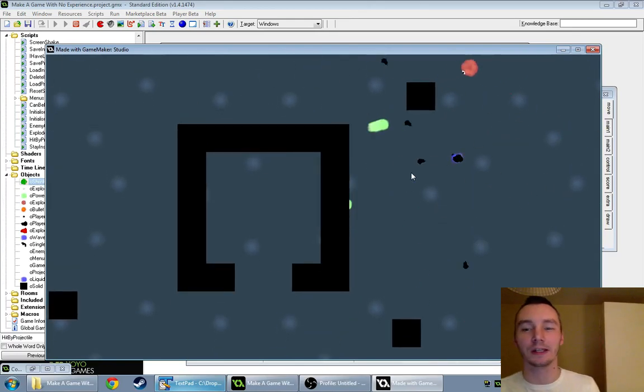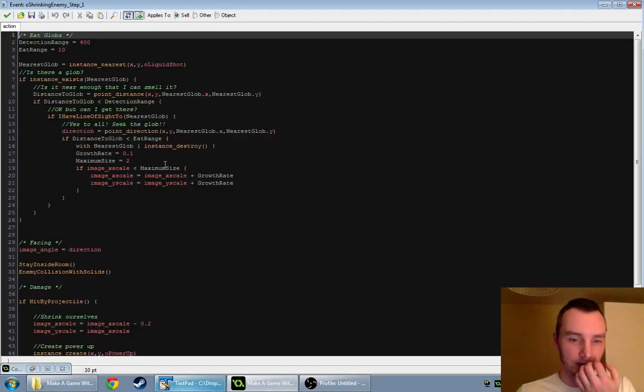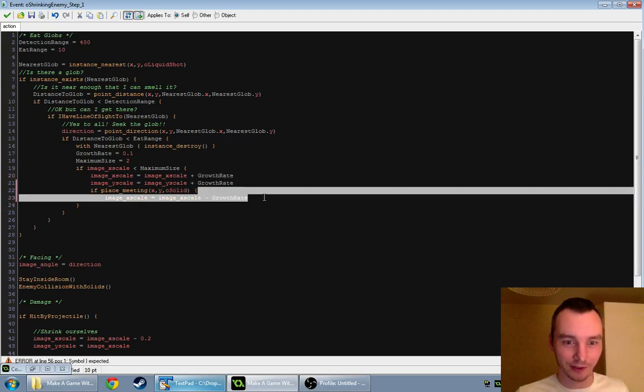This isn't super important, so we could just take it out, but I think a quick and dirty check for this would be: if place meeting... Did we do that already, place meeting? It's like instance place, but it just tells you whether you hit something. If we're hitting a solid, then forget it. Go back to our old image X scale by reducing it by the same growth rate that we just...